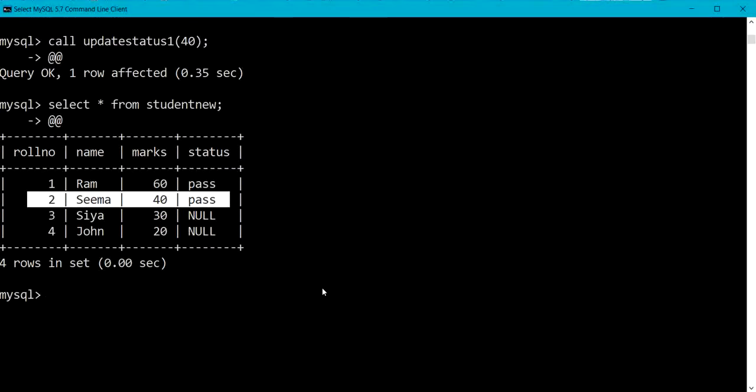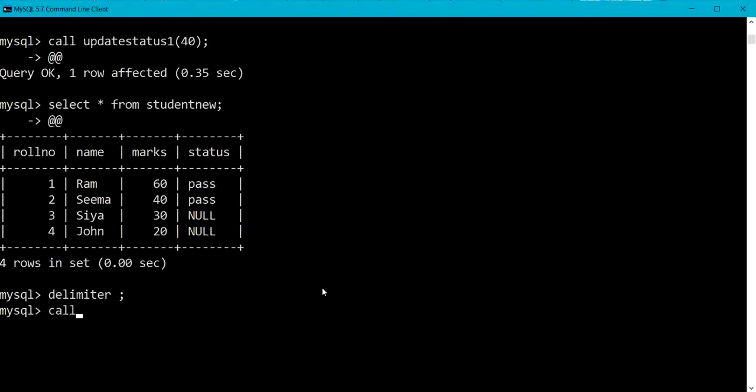So here before leaving this terminal, I have to change my delimiter. So now I am making it as default, that is semicolon. Let me execute this procedure again.